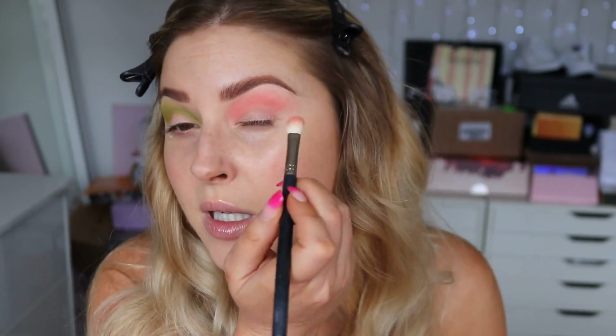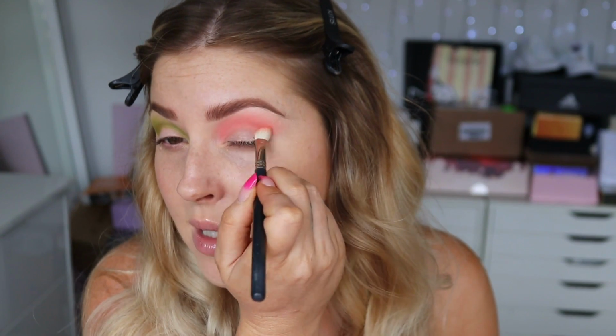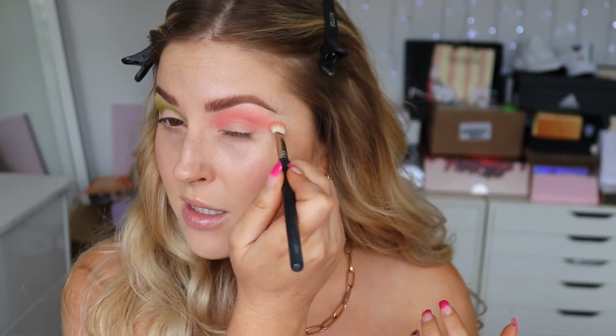softening towards the eyebrow. I might just build up the peach a tiny bit so that both sides have a similar depth, because even though we're doing obviously very different looks on both eyes, I still want them to be similar placements, similar intensities, if that makes sense, like the depth of the color. Okay, next color, let's do some